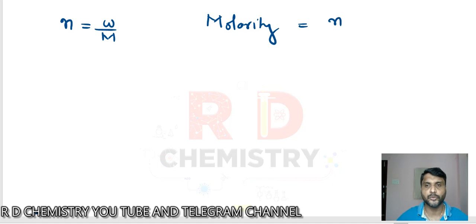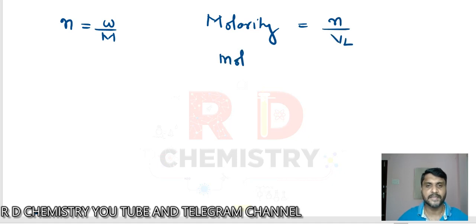In case of solutions, we can calculate number of moles is equal to given mass divided by the molar mass. Correct? There we come across different types of concentration terms. So molarity M, it is the molarity. Molarity is equal to number of moles of the solute divided by volume in terms of liter.